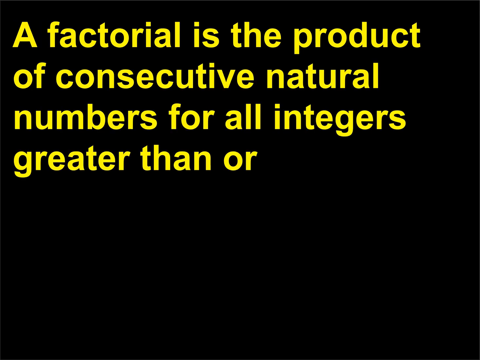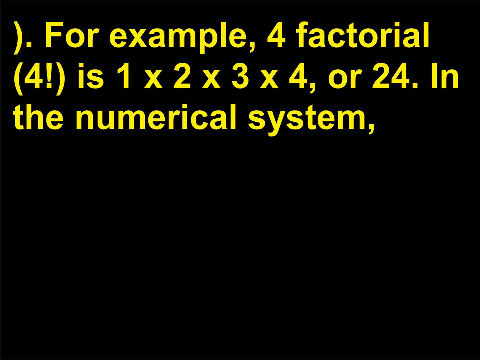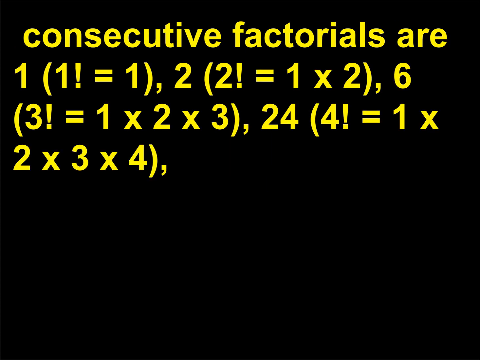A factorial is the product of consecutive natural numbers for all integers greater than or equal to 0. Factorials usually start with 1, and the symbol for factorial is an exclamation point. For example, 4 factorial, 4!, is 1 x 2 x 3 x 4, or 24. In the numerical system, consecutive factorials are 1! equals 1, 2! equals 1 x 2, 3! equals 1 x 2 x 3 equals 6, 4! equals 1 x 2 x 3 x 4 equals 24,